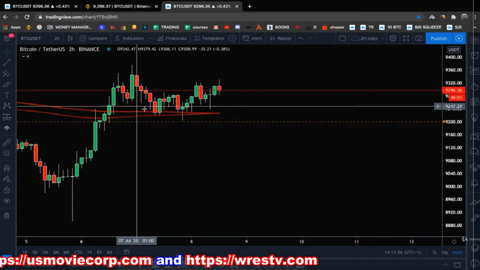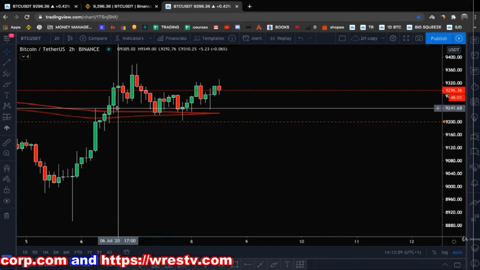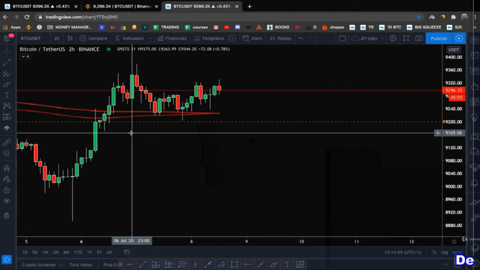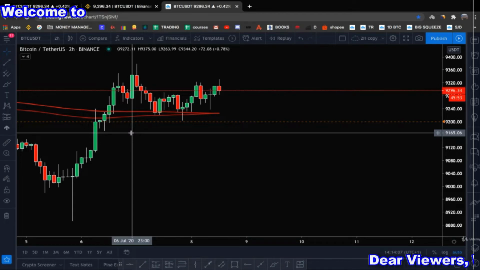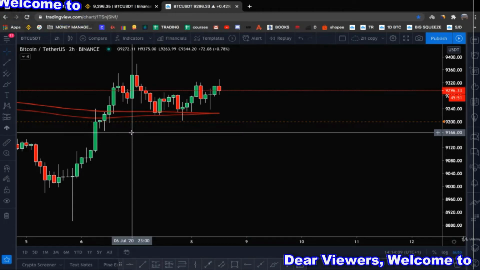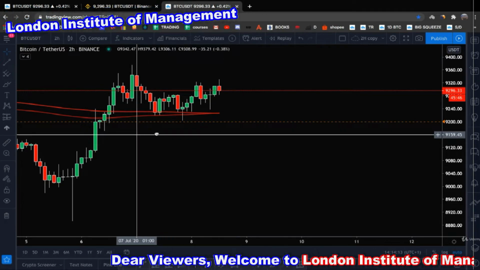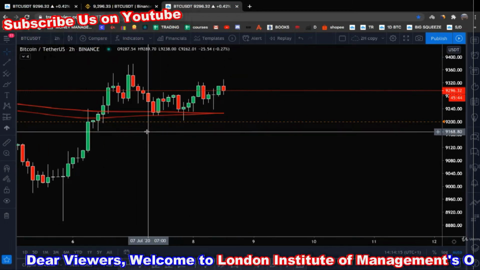You can buy something, for example, imagine that we bought here. You can set your stop loss, so if the price came below this level, you are going to exit. So you don't have to sit and monitor this trade. You can simply go out and do something else if you like, right? And if the price comes back here, your order will automatically be closed, right?